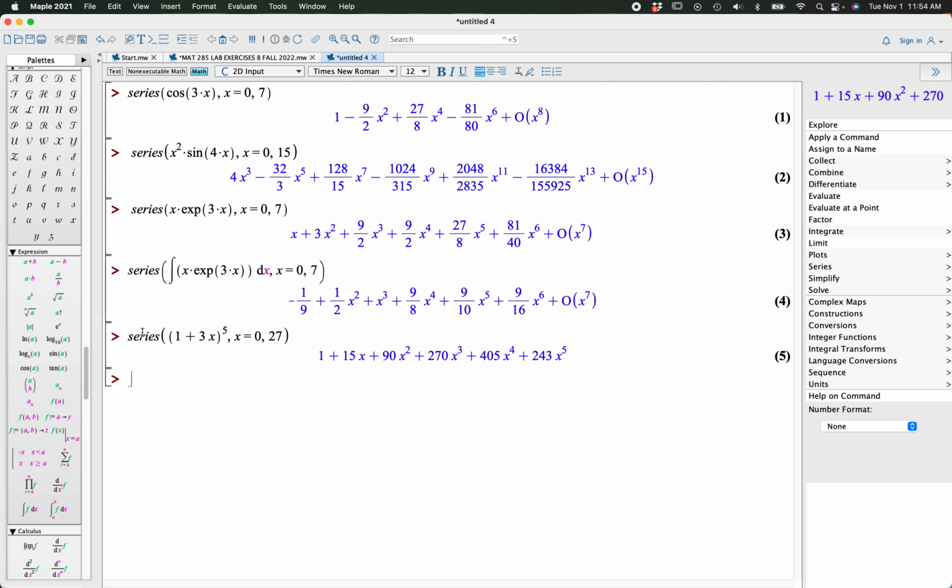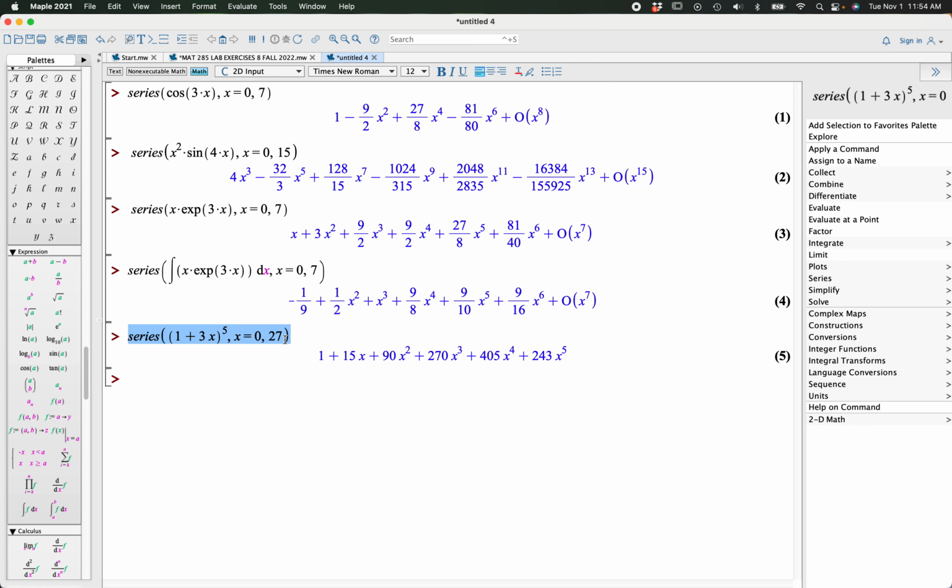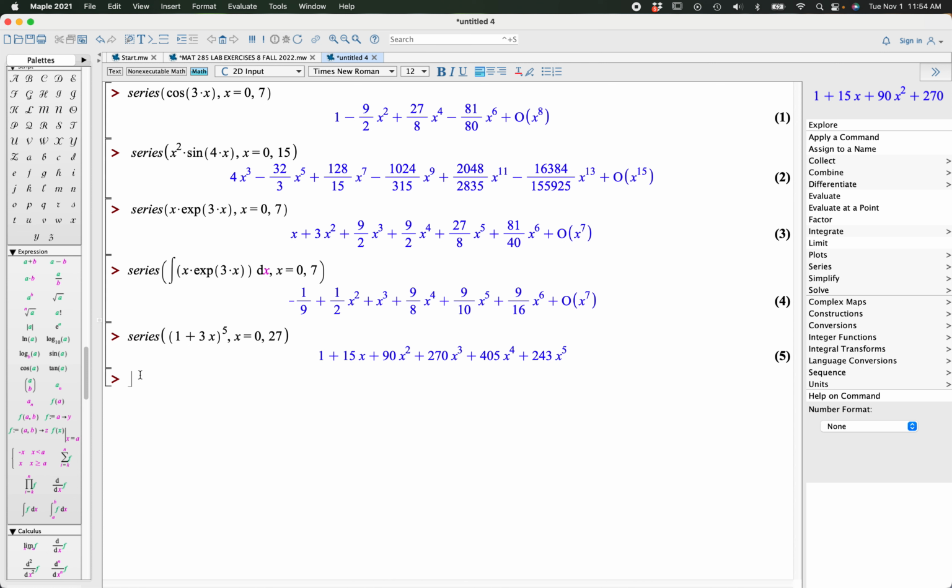And likewise, for what we have in the next item, we have the binomial. In this case, we have 3 minus 2x quantity to the 5th, and I'll just keep the x from 0 to 27. And your full series expansion, we have with these 6 terms, 243 minus 810x, and we have all those terms